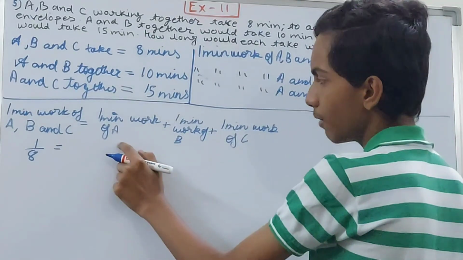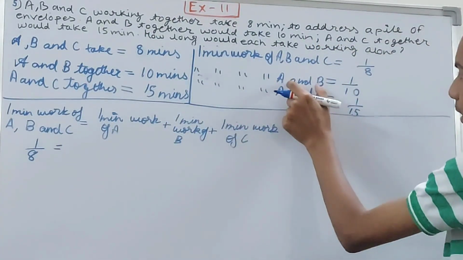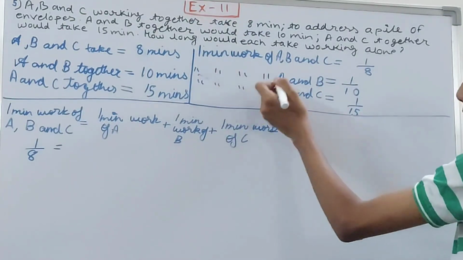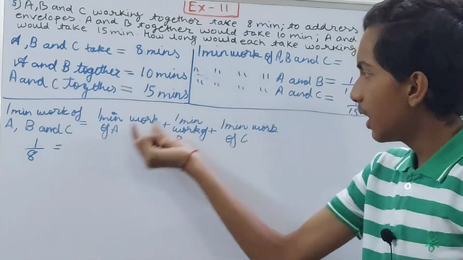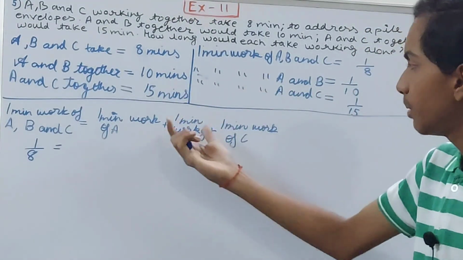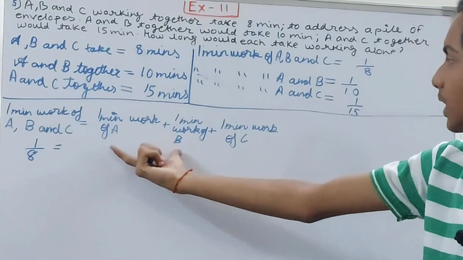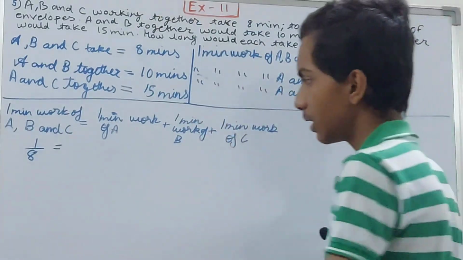You can see 1 minute work of A, 1 minute work of B. These two things I have over here: 1 minute work of A and B, 1 by 10. 1 minute work of A plus 1 minute work of B, are the two things not the same? They are the same things, but we have expanded them. So I'll write 1 by 10 in their place,